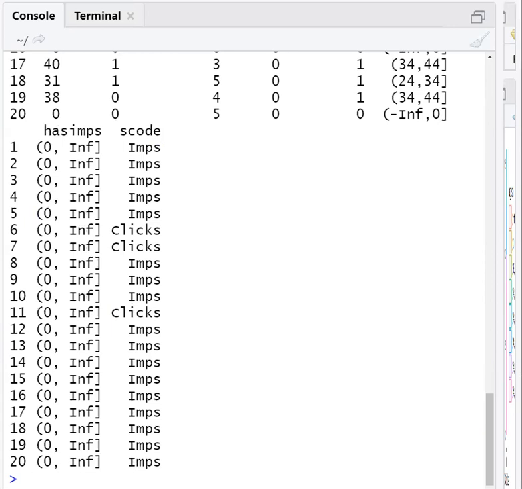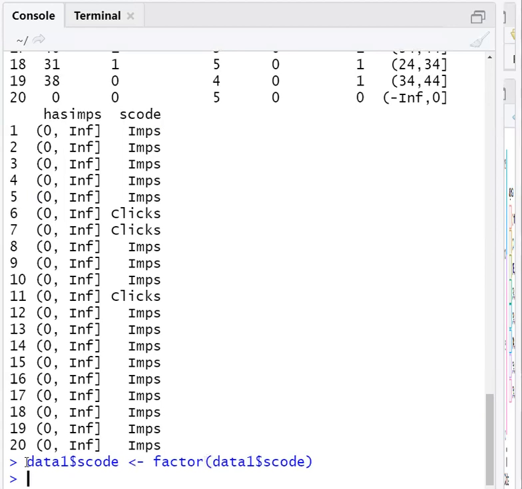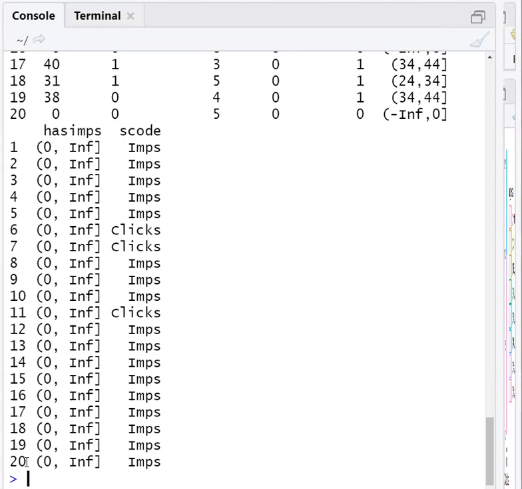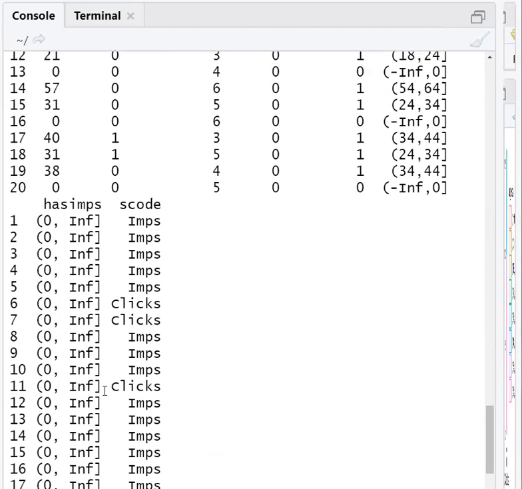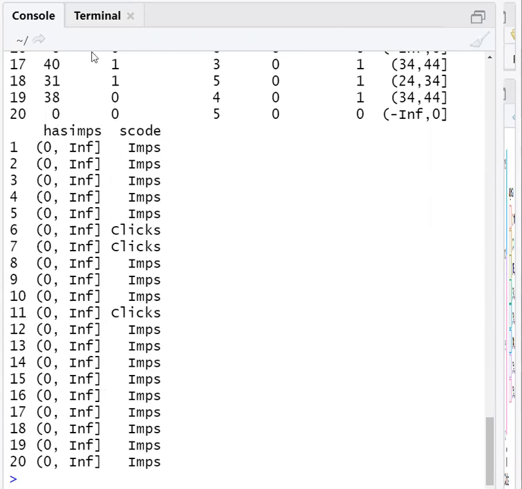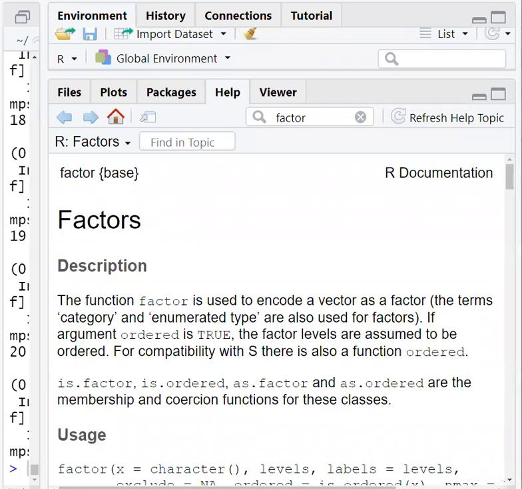Now what we can do is we can convert the column into a factor. So what is a factor? We shall see. The factor method just converts the values into enumerations.